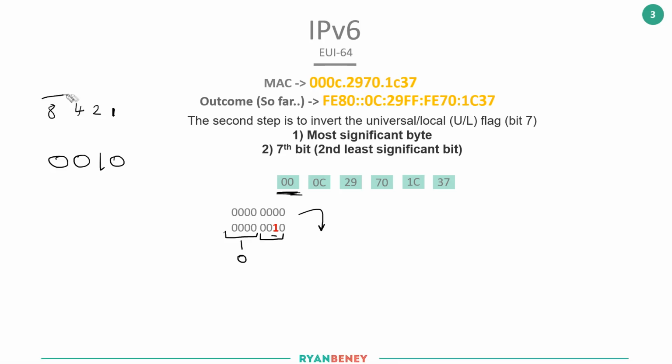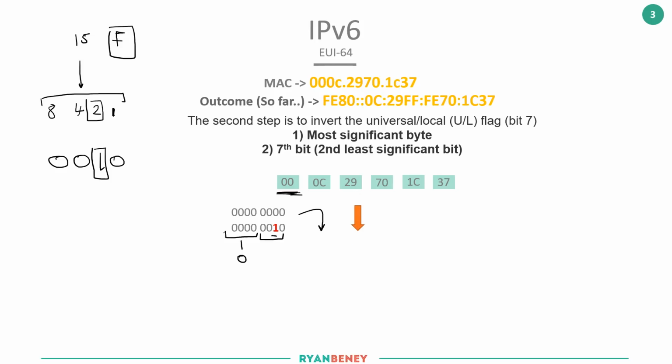And to make sure we've got the right chart, if we add up all these numbers, we will get 15, and we know F is the highest hexadecimal, which is 15. So we know that 2 is being flipped, so this 1 is actually a 2 in hexadecimal. So now if we